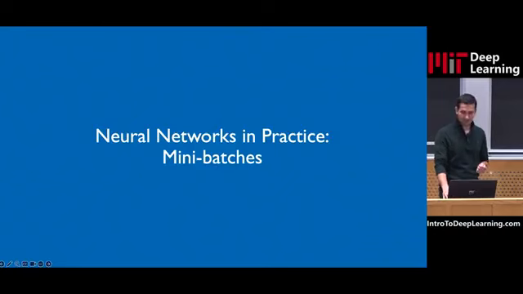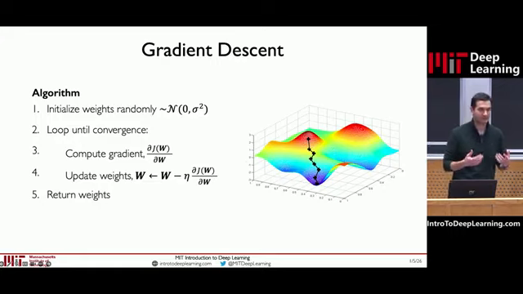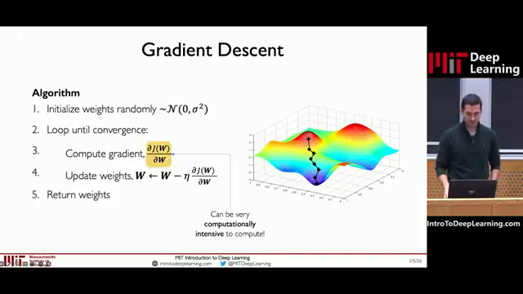Awesome. Okay, I'll continue now in just talking about some more practical considerations, especially now towards the end of the technical part of the lecture, this first lecture. I want to talk about some of the practical considerations that you should have when actually training neural networks. So let's go back to the gradient descent algorithm for a second. We just saw this algorithm here. We saw how we can compute the gradient.